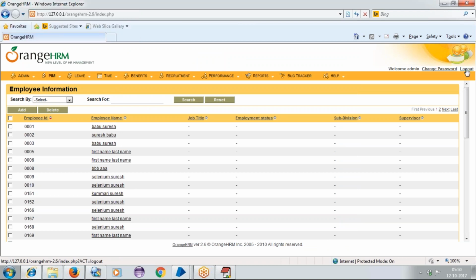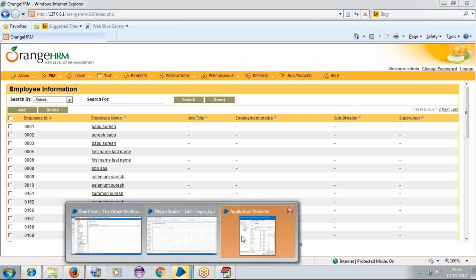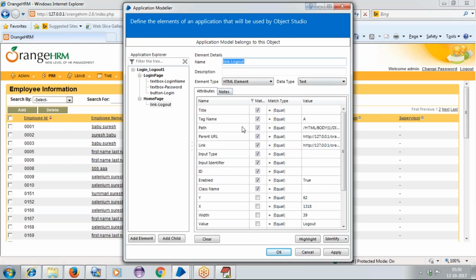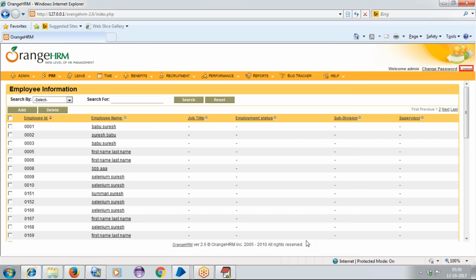Control left click. Now we can see here, I'll be unchecking all the empty ones. Fine. And again, I'll click on match. Click on highlight, highlighting it.